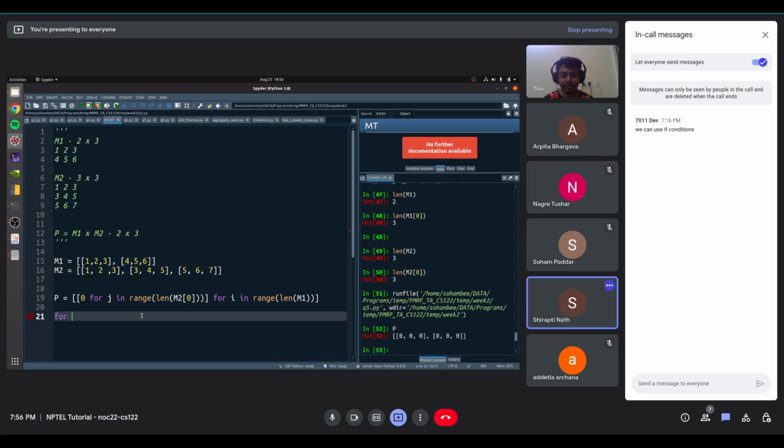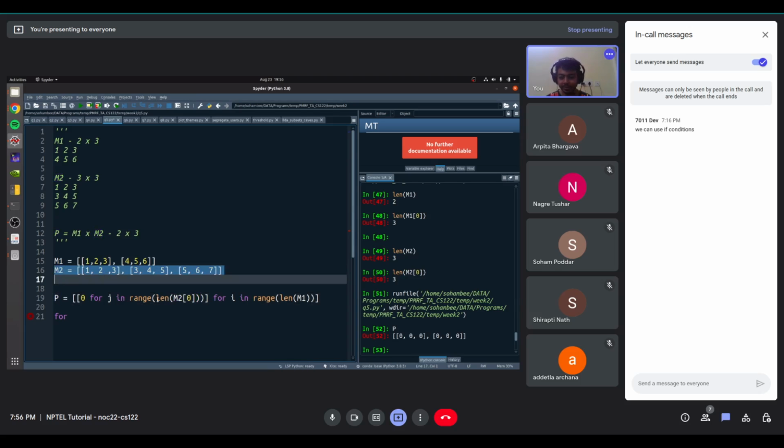Yes, so similarly here we are doing the same thing for m2. So we want as many columns in the product as the number of columns in m2, right? So that is how we are setting it. Okay, so now what we want to do is